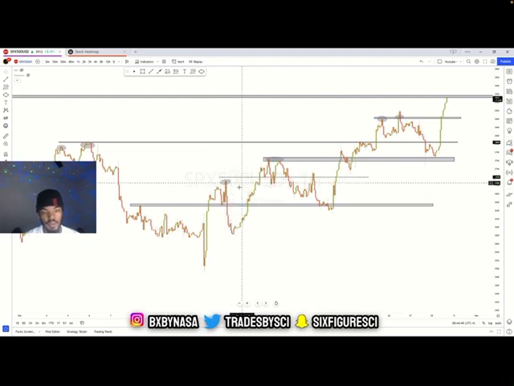I'm taking this into accountability. So as you notice on this whole uptrend, price is making highs, and this is where you're supposed to be looking for entries for buys above. And the reason why we enter above these areas is because it's more likely for price to continue higher if it's above a previous high. So if price is breaking highs, then it's more likely, right here in this area, that price is going to continue higher. Because if price comes up and it's still breaking this high right here, so this one right here, this high right here, if it's above here, it has more chances for price to come here